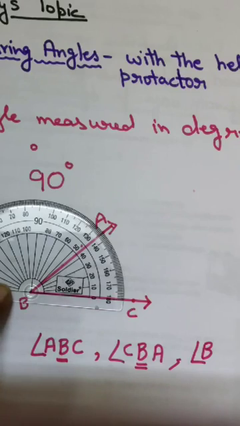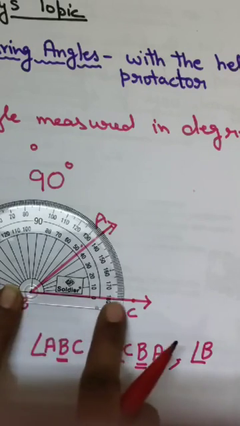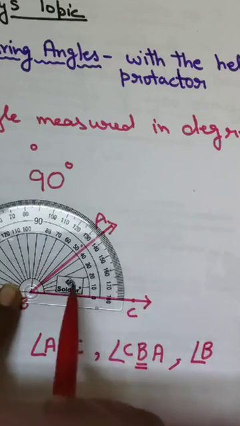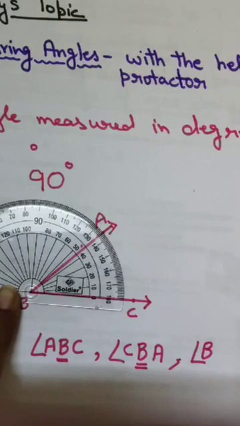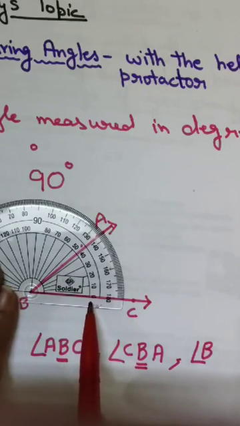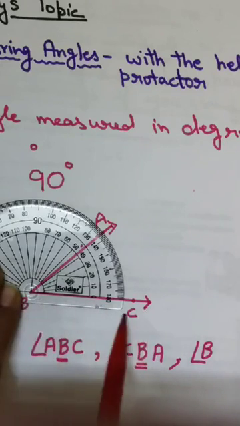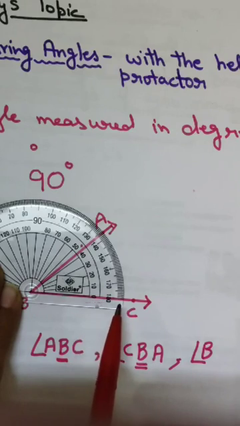After that, there are two scales that I have shown you on the protractor. Read that scale which has 0 degree mark coinciding with the straight edge, that is BC. Where is your pen mark? Here, na? So here we have to see the 0 degree. 0 degree is on the other side also, but that we will not see. We will see this 0 degree, because here is our baseline. Baseline is in this direction. So we will see this 0 degree.